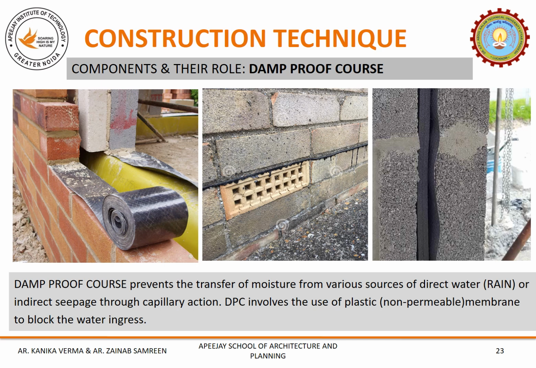In the second or the middle image, the black bitumen layer can be seen, which is placed right above the air brick. Here it represents the horizontal DPC placed at the bottom. In the third image, one can see the thin silver layer right behind the insulating foam and the outer wall, which is behaving like a vertical DPC, blocking the water ingress from the sides. However, we will discuss the details of placements in a further segment of the presentation.